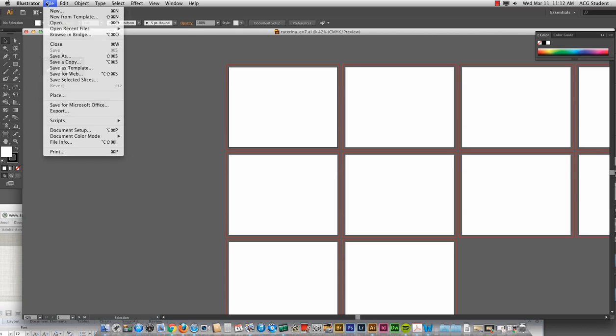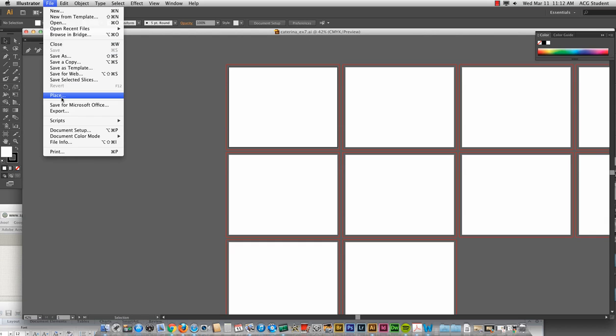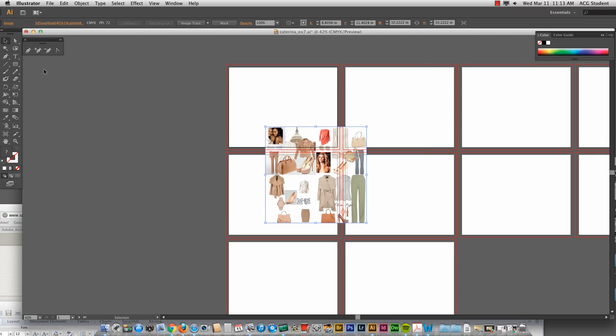All right, I want to put all my inspiration over here. File, place. And because I have chosen to do a subtle but swanky and politically charged wallpaper for Olivia Pope, I'm going to grab the file, make sure this is not checked. If this is checked, that means that you would need to keep this file and this file together forever. If you hit place, it will place it, and I like to place it off to the side.